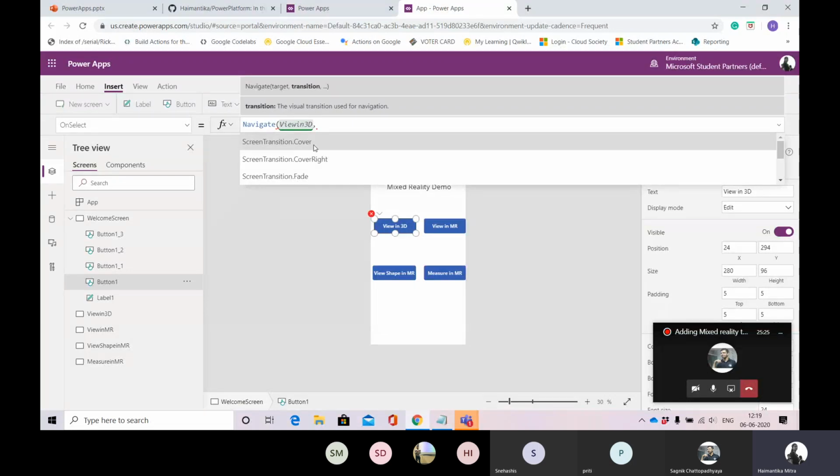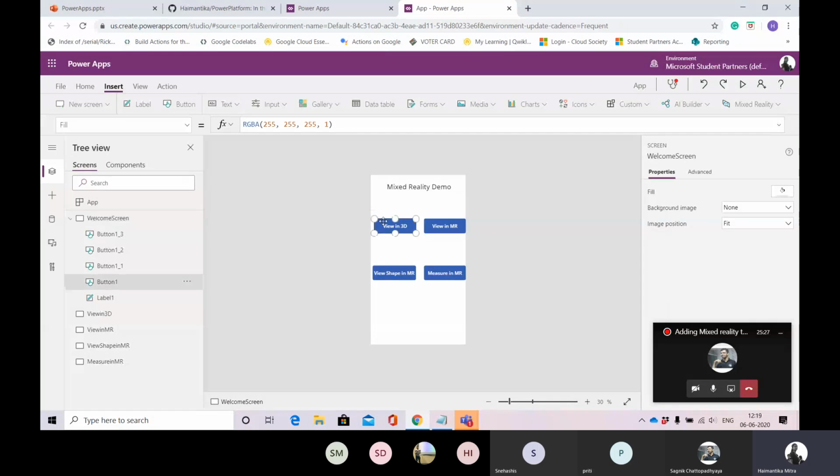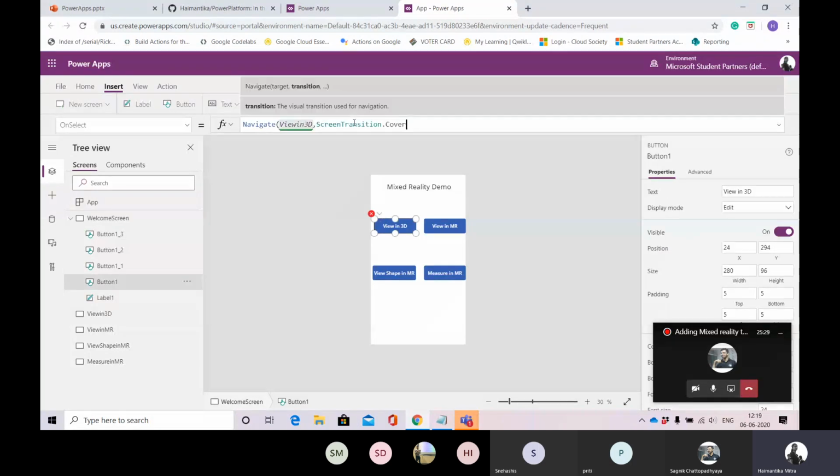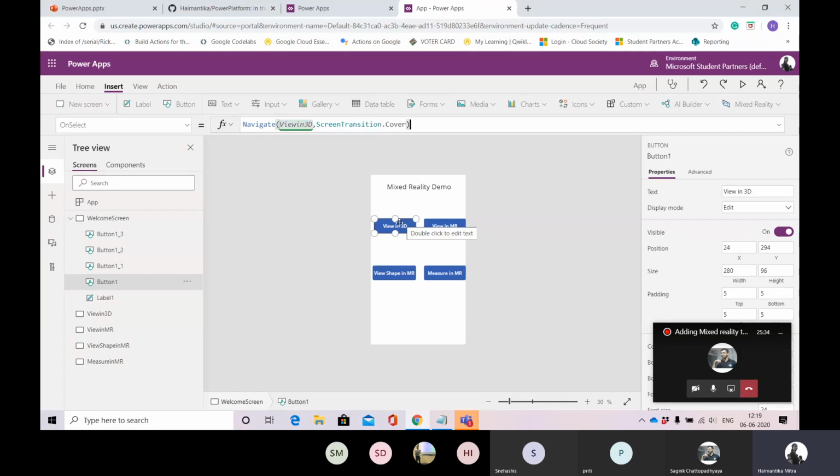You do not need to remember these formulas. There are Microsoft docs that will help you with this as well. And if your formula is not correct, you will get an error. Now it is correct, so you can see that it's working fine.